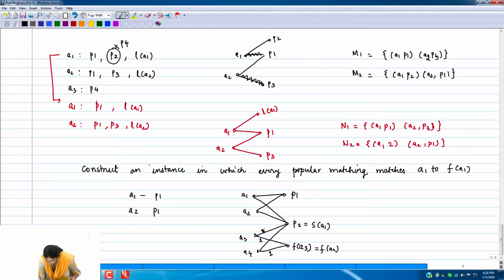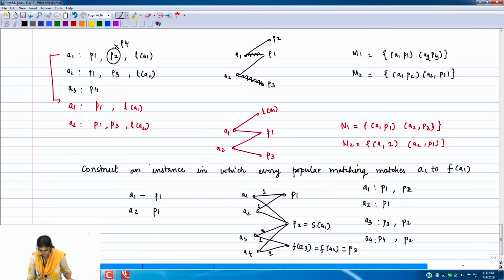So I hope everybody is with me. So these are rank 1 edges, that is A1. So I will write the preferences A1 P1, A2 P1, A3, this is some P3, A4 P4. A3 has P2 as its S post and A4 also has P2 as its S post. We have also fixed A1's S post as P2. We are debating whether we should fix the A2's S post as P2. Should we fix it?